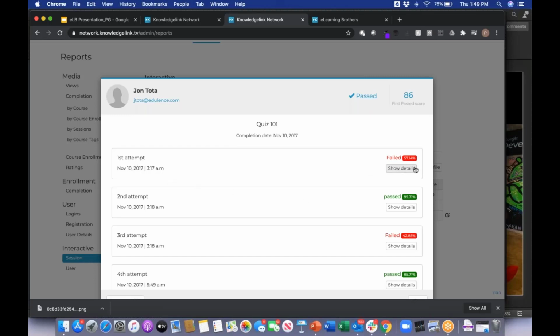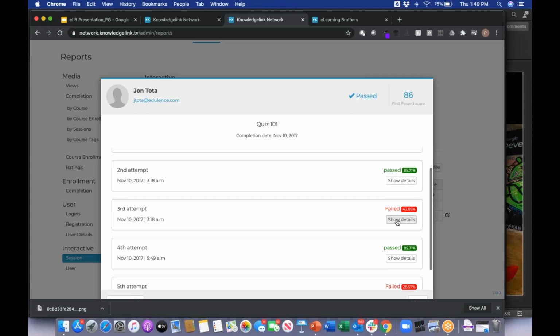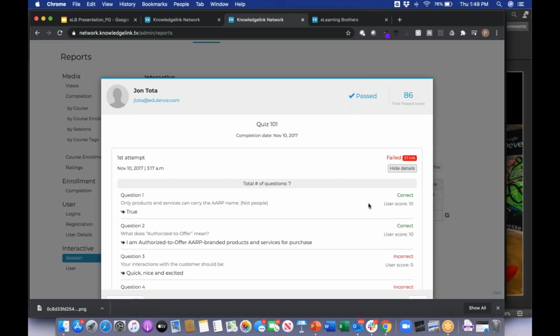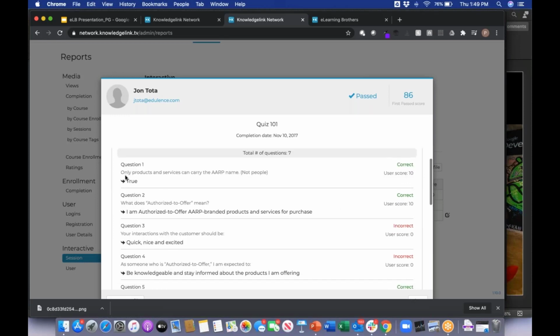So my first attempt, I failed at 57%, or I should say John failed, not so good. Then he passed on his second attempt, failed again on his third attempt, fourth attempt, fifth. All your different attempts are here, but what's cool is you can drill into it even further and see the questions that were asked,